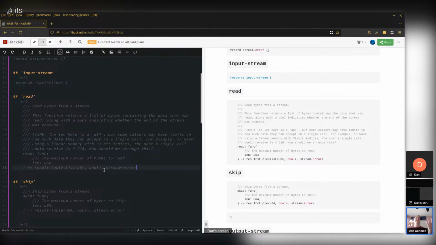More specifically, if the caller is a WASM32 program using a 32-bit memory, the caller shouldn't pass in a length which is more than 2 to the 32. And it probably shouldn't even pass in a length which is more than like 2 to the 31 or even close to there, because it probably can't allocate a contiguous buffer that big. Most WASM programs have other things going on in memory, so they can't afford to dedicate the entire memory to a buffer. So probably can't even do 4 gigabytes. It probably has to do something smaller within the range of what it could actually allocate. I think that seems reasonable.